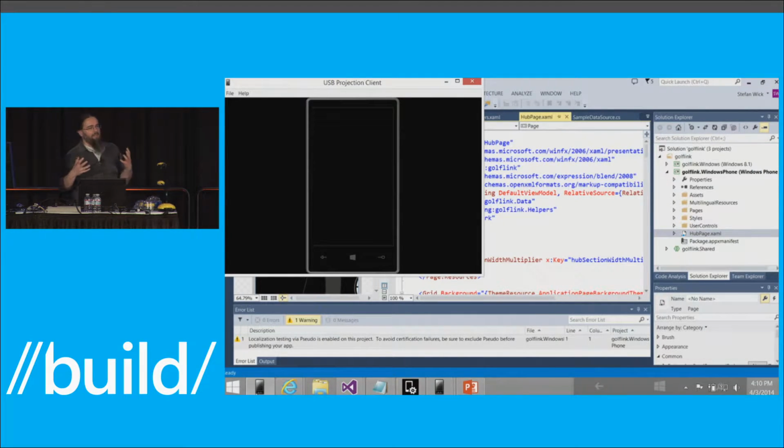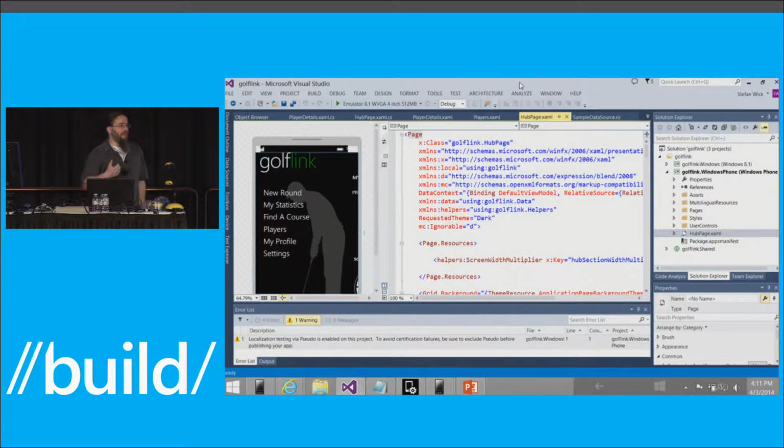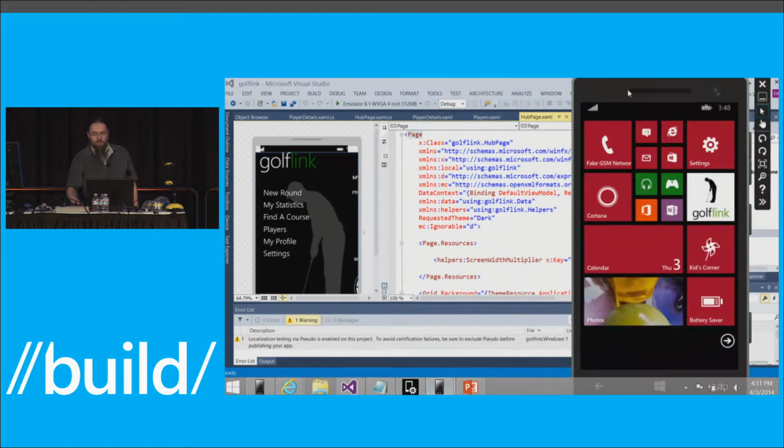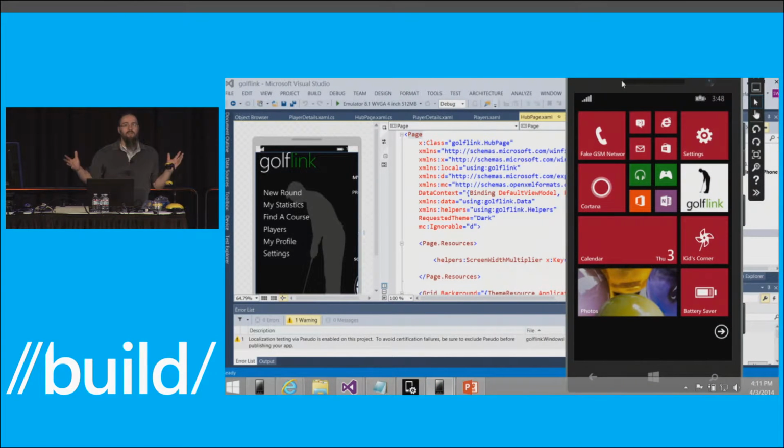Since XAML is a very flexible platform, oftentimes app development teams find a way to kind of drop out of virtualization and drop out of the fast path. And so I want to show you how you can test for that and how you can prevent that from happening to you. So what I want to show you now is an application that I will be using throughout the